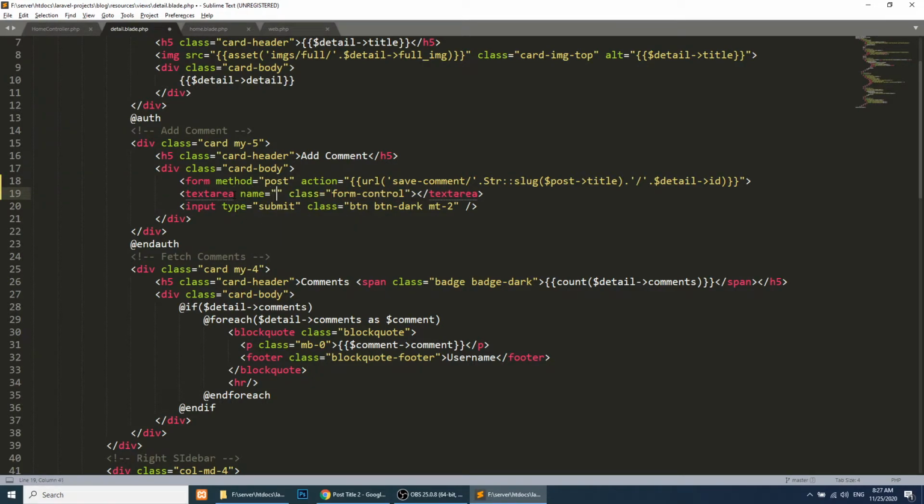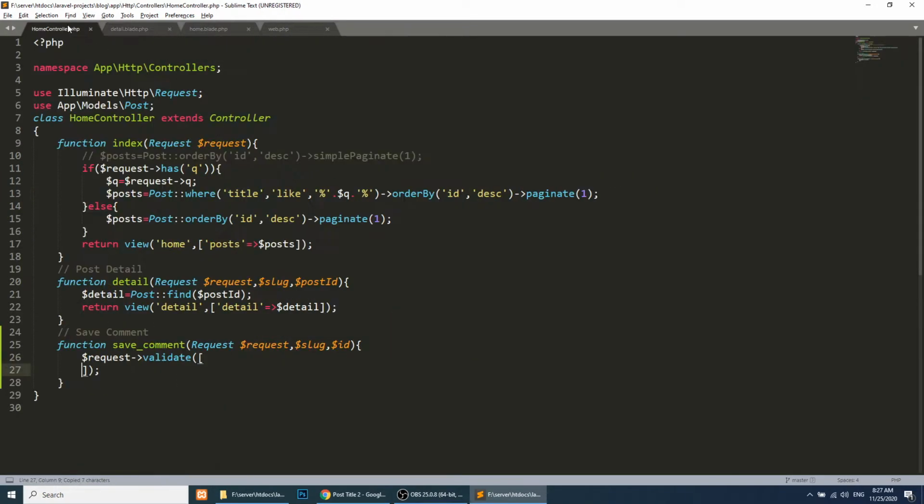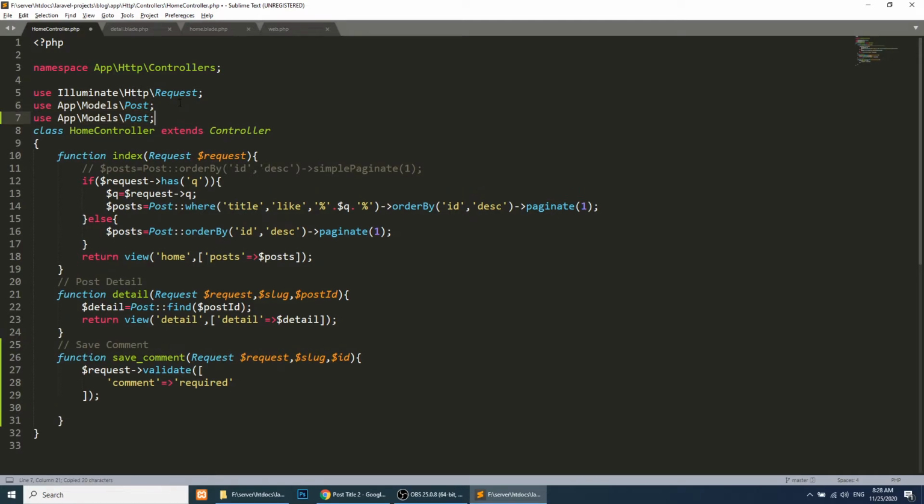The name will be comment, and we will add required. Now we need a comment model, so we will use the comment model.